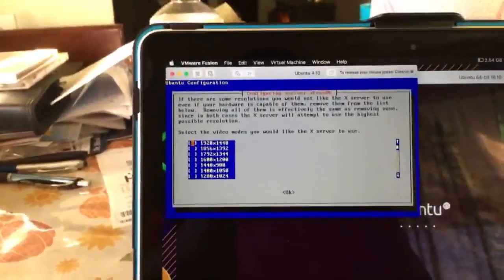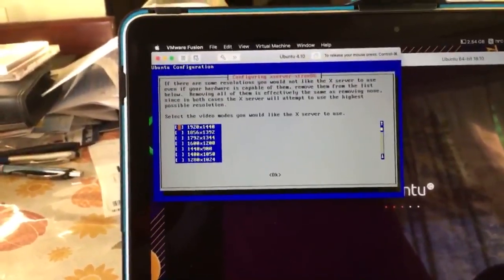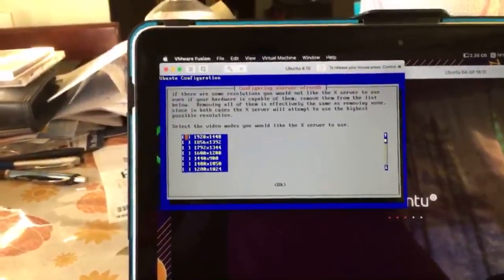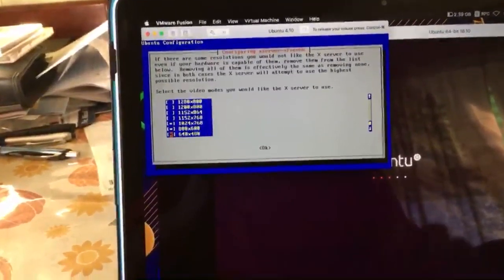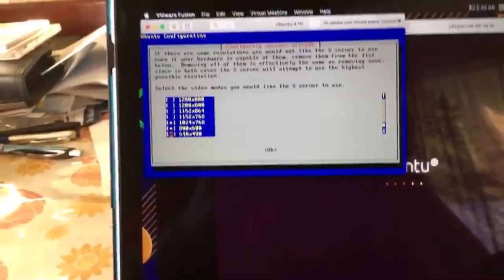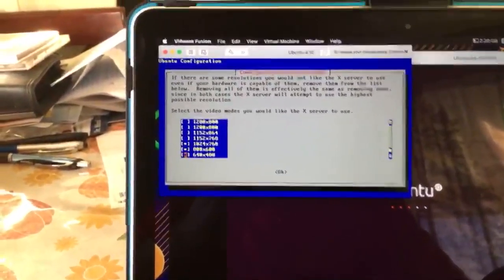Okay, so... here, if there are some resolutions you would not like the X server to use, even if your hardware is capable of it, remove them from the list below. What resolutions are selected? This is where the stupid X server configuration got screwed up last time. I just left it at the default resolution settings, and yeah, thanks for that. I appreciate it. Anyway,